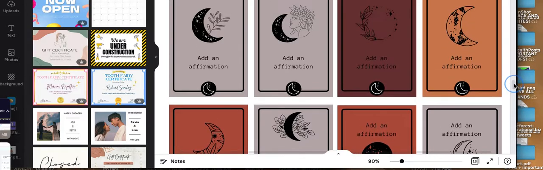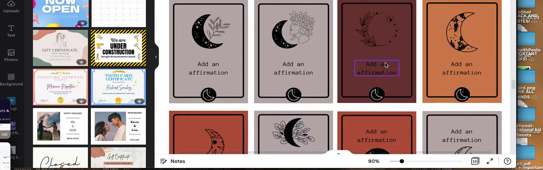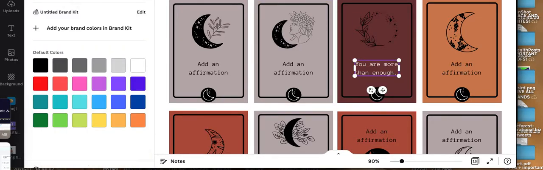So you can take this base template, for example, and I can create as many of these as I want. You can start to change the color. And again, I'm no designer.